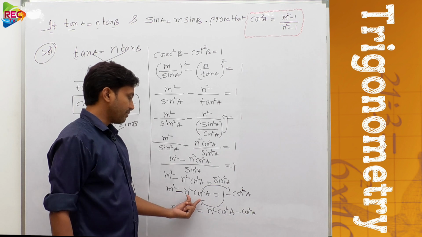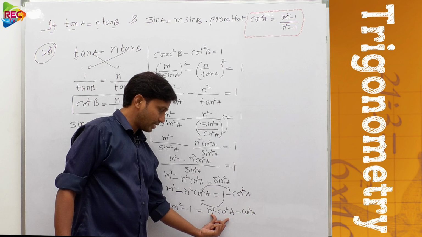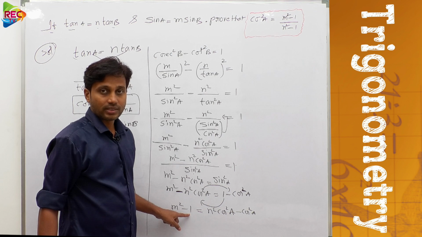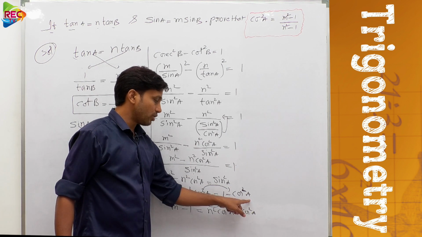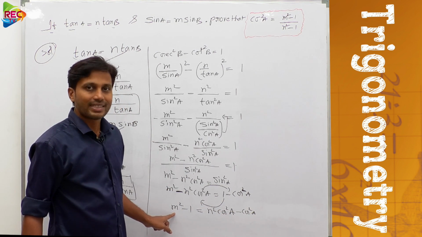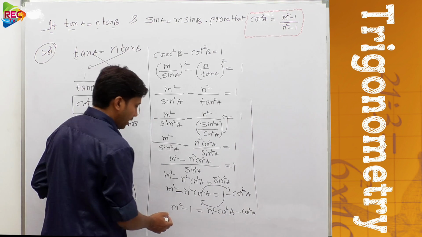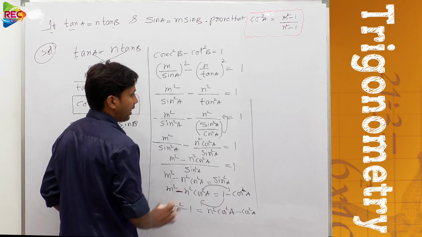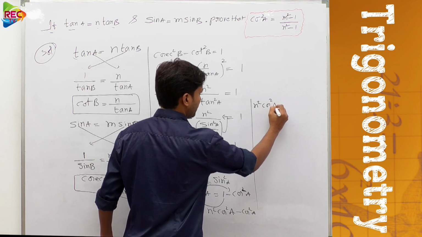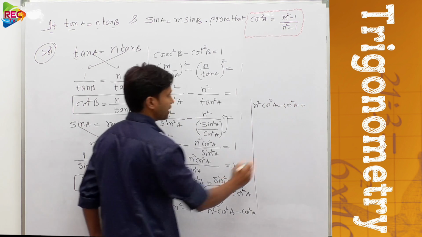So here minus n square cos square A is sent to that side. So therefore it becomes plus n square cos square A. This plus 1 becomes minus 1 on bringing this side. We didn't change the minus cos square A position, we left it as it is, and here m square is left as it is, okay. Now, just see in the next step, better you write this: on the LHS part, n square cos square A minus cos square A, equal to m square minus 1.